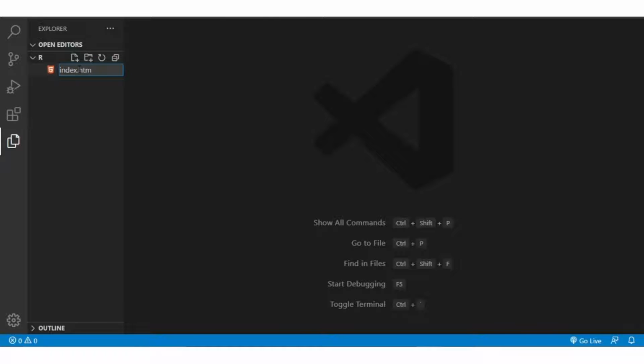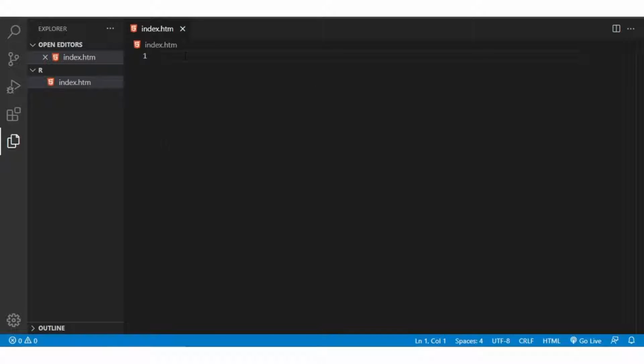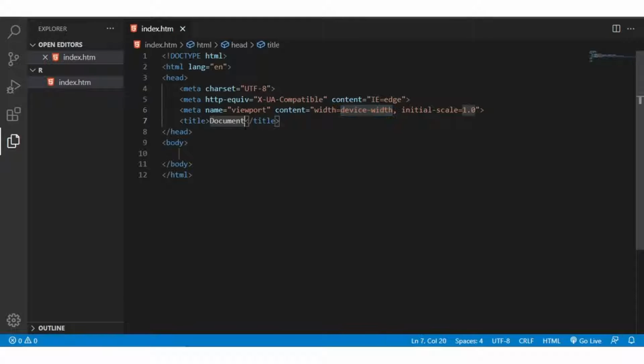I created one HTML file and now I am completing the basics of the HTML. I am renaming the title as finding even and odd. In this session, we learn how to find the even numbers and the odd numbers by using JavaScript. I am taking one div and one heading. The heading is even numbers,